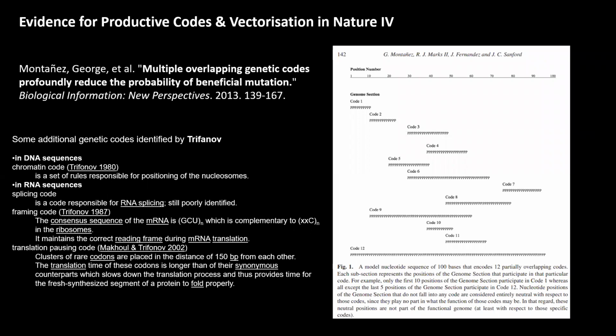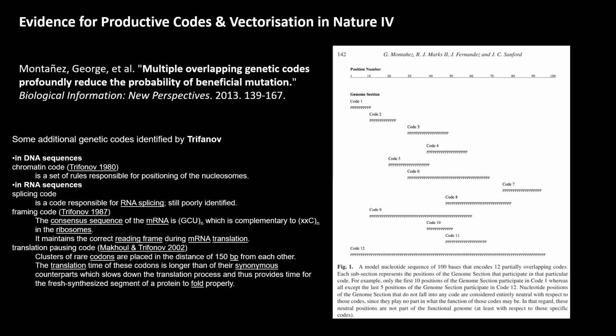So here is a paper which seems to show just that. The authors have titled the paper Multiple Overlapping Genetic Codes Profoundly Reduce the Probability of Beneficial Mutation. And what they mean is that by the current model of evolution, this shouldn't really be possible. You shouldn't really see this overlap. I need to explain, though, that this paper is based on genomics data across different organisms and work by this